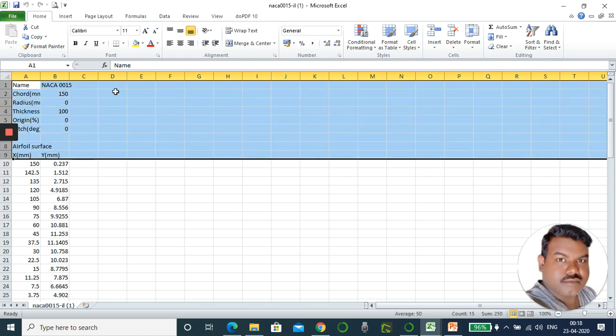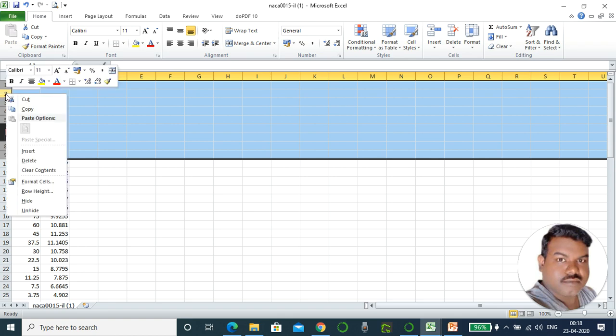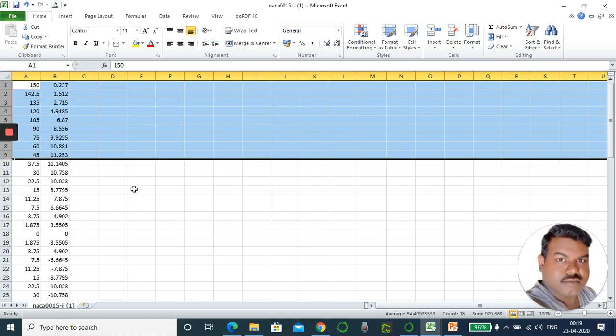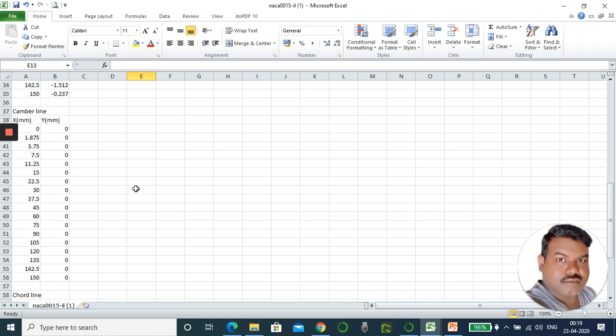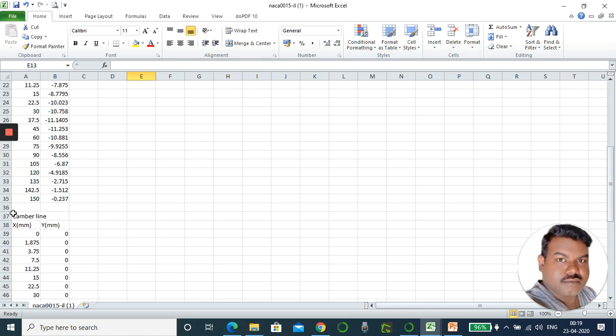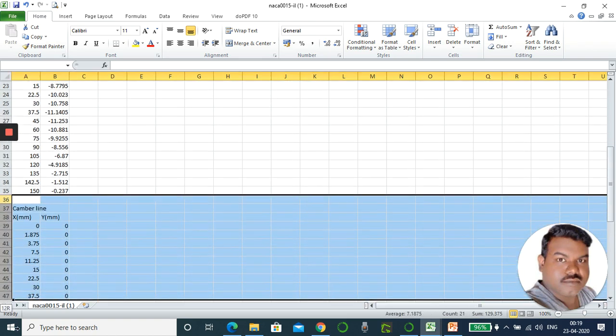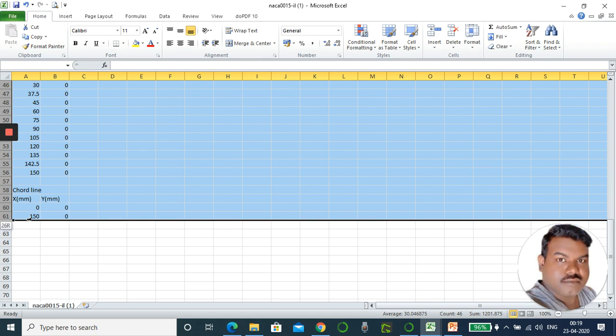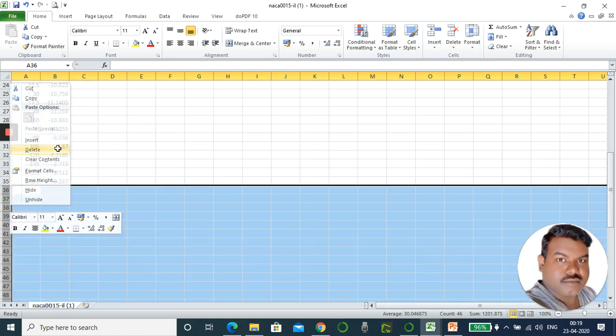Right click, delete. Similarly, below, from here to the last, right click and delete.